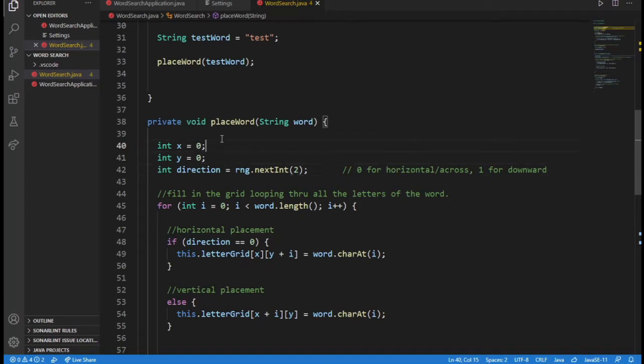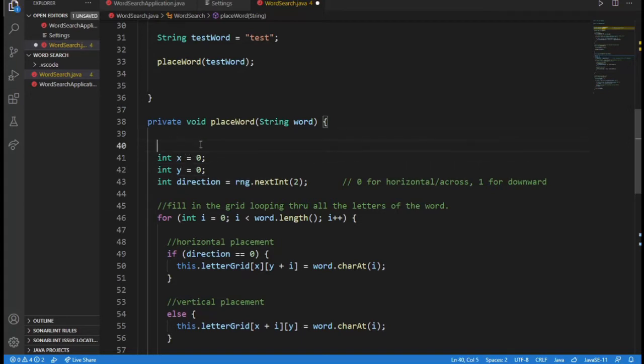Okay, so now what I'll try to do is that instead of hard coding X and Y for these start positions, by the way, just take a note, start position, I'll make it so it'll be a random number